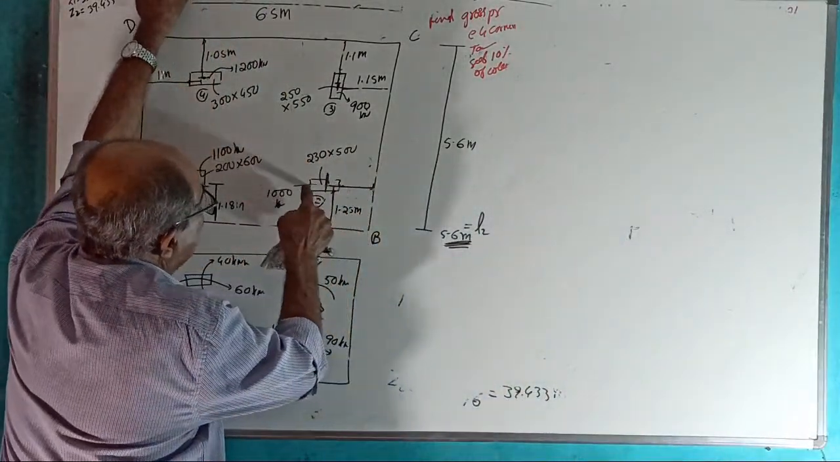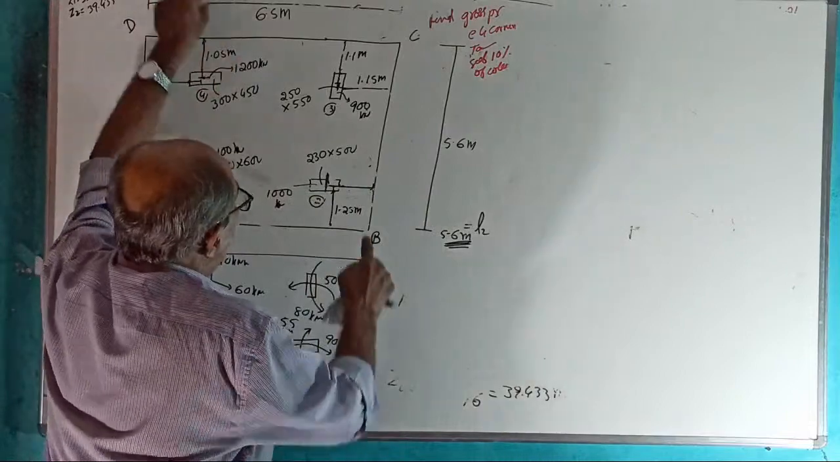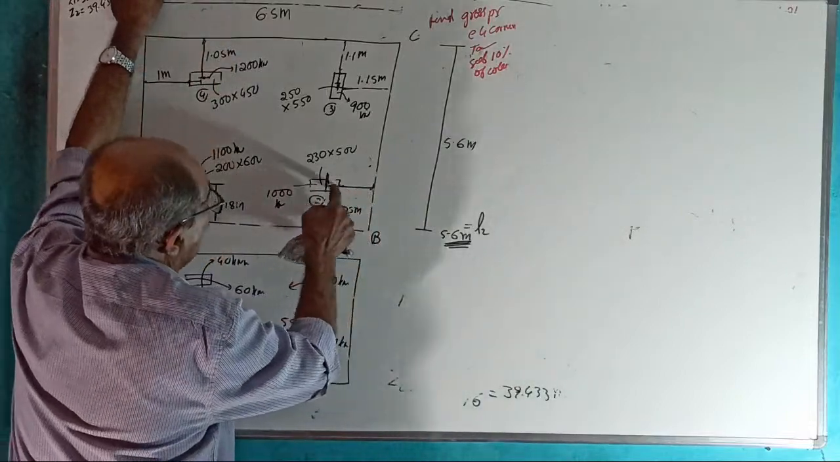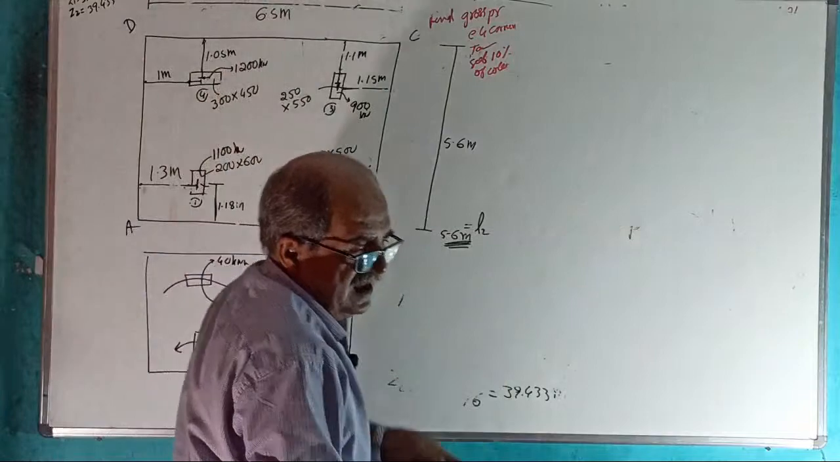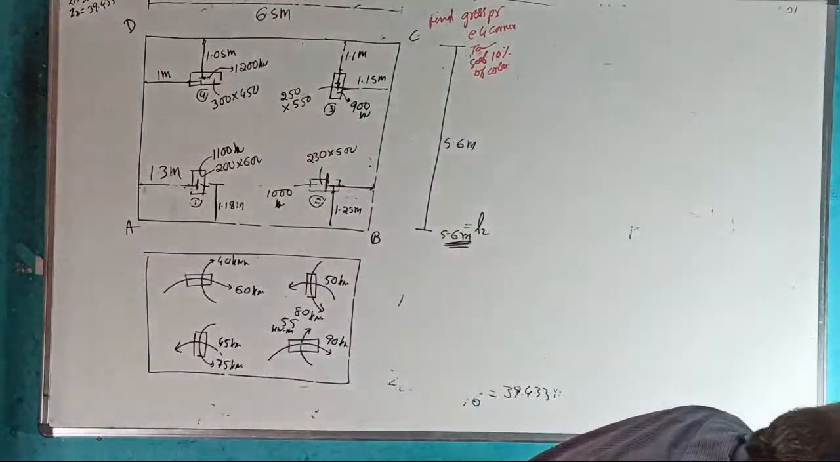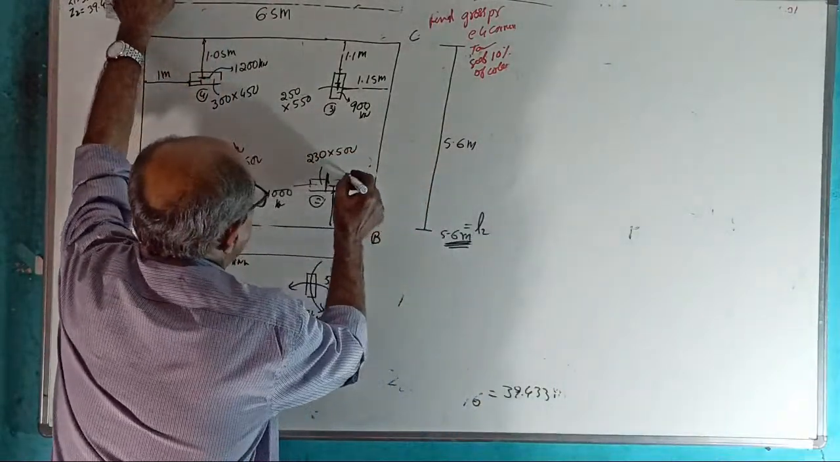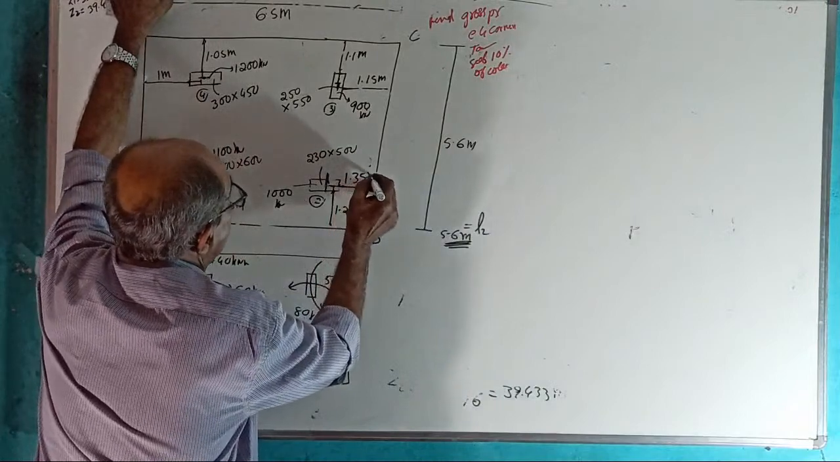1.1 plus half of 500. Answer. 1.1 plus half of 500. Why? Longer side. Answer. 1.35. Thank you. This is 1.35 meter. Okay. Here